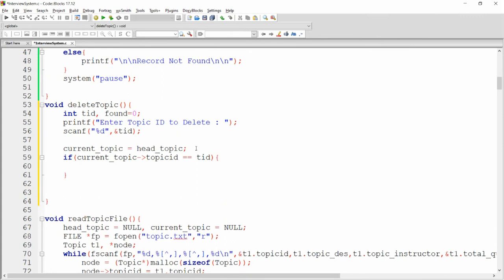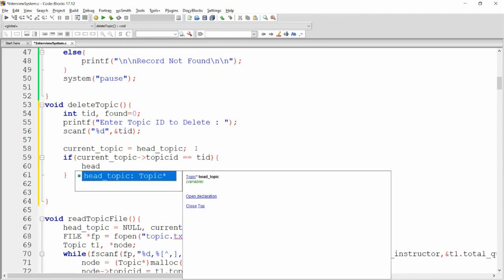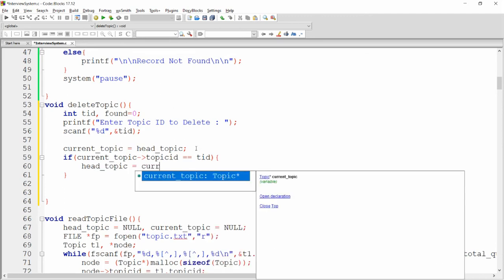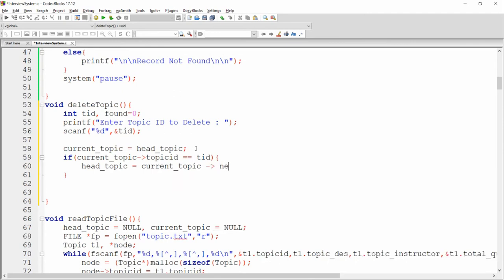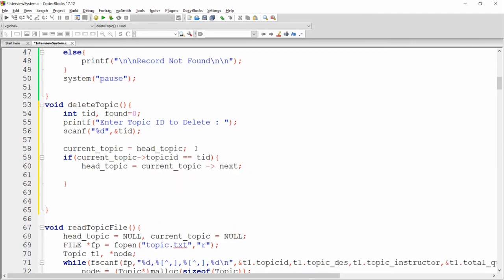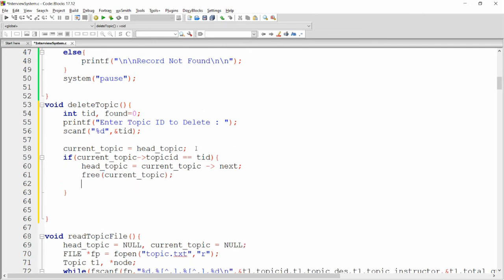If the first ID is to be deleted, then you need to store head topic equal to current dot next. Now head is pointing to the next element, so my head topic will be the second node, and here you can simply free the current node. So your old head will be destroyed and you can write found is equal to 1.